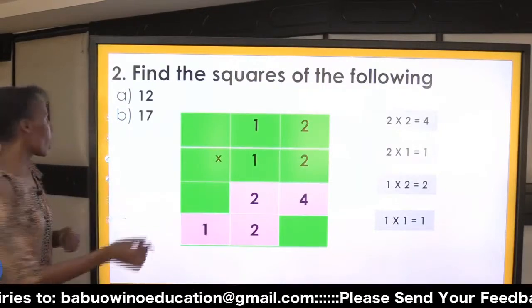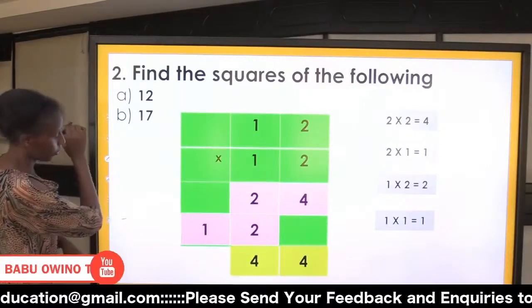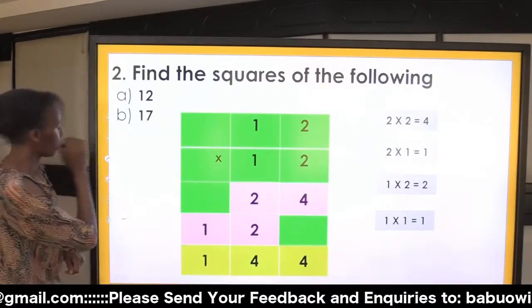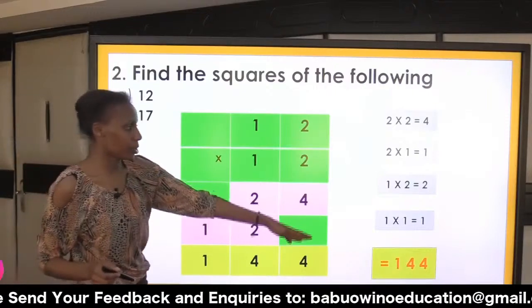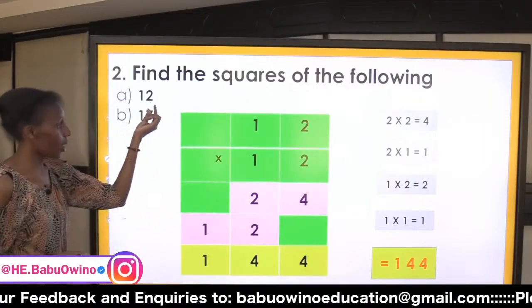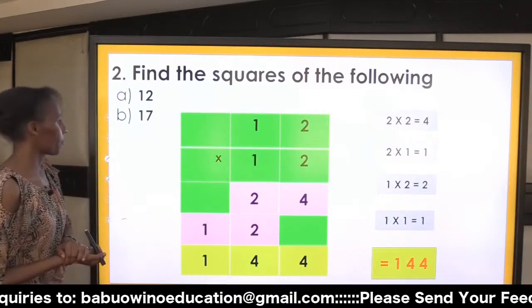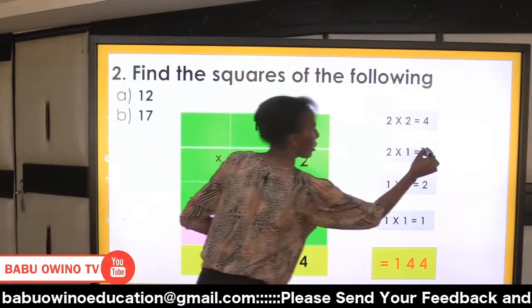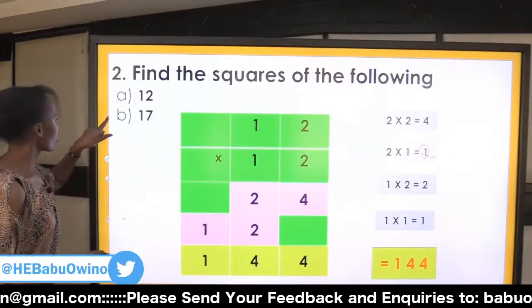The next thing is to add 4, 4 and 1, and finally my answer is 144. So when I square 12, I'll get 144. Okay, that was 2. So we go to the next